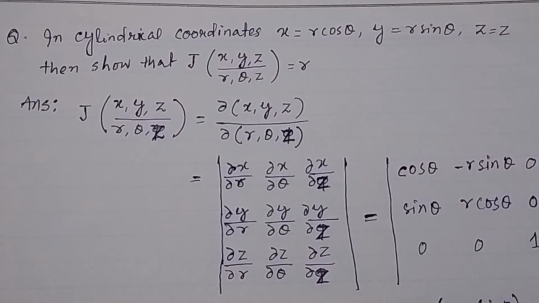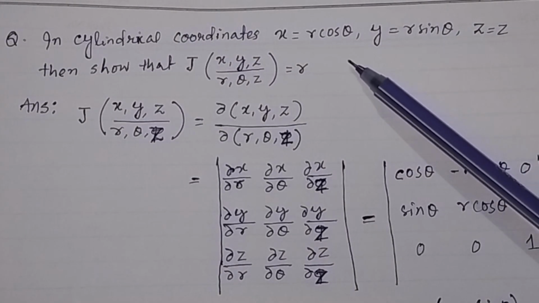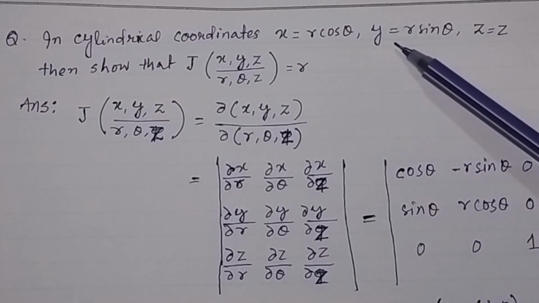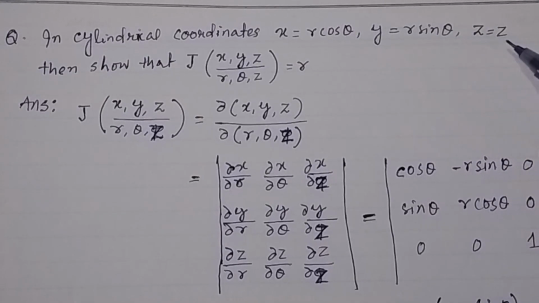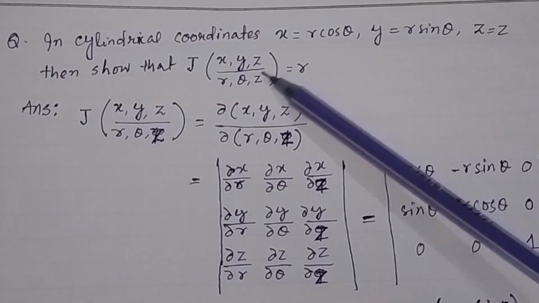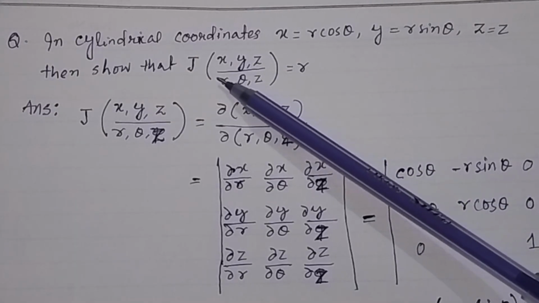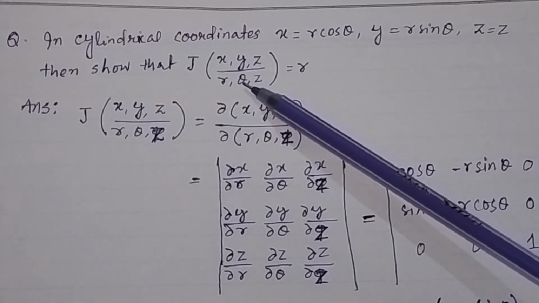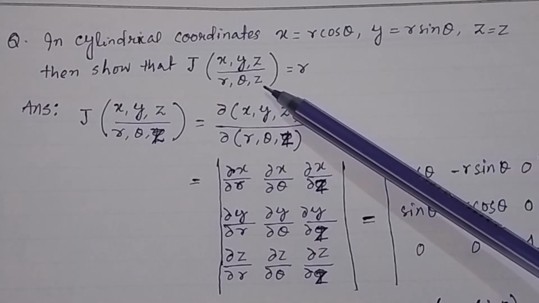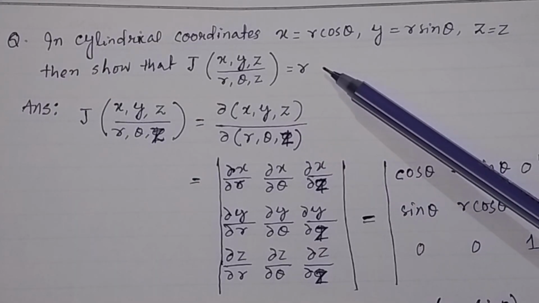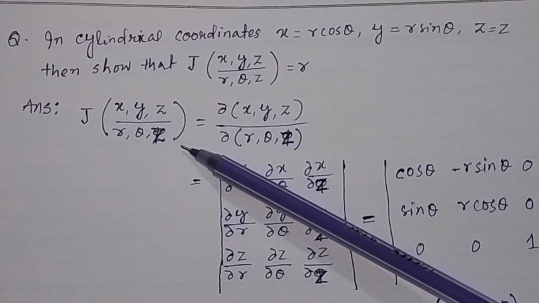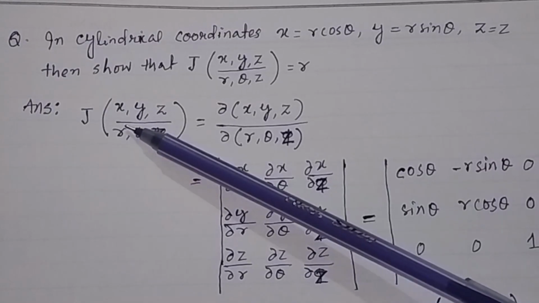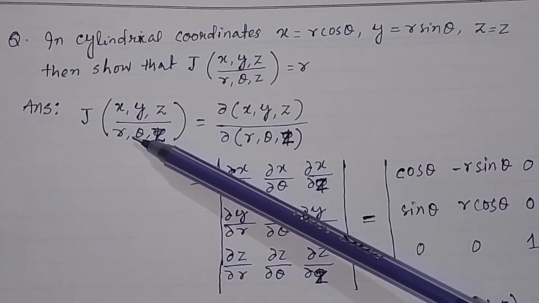In cylindrical coordinates it is given x equal to r cos theta, y equal to r sin theta, and z equal to z, and we have to prove that the Jacobian of x, y, z with respect to r, theta, z is equal to r. From the definition of Jacobian, we know